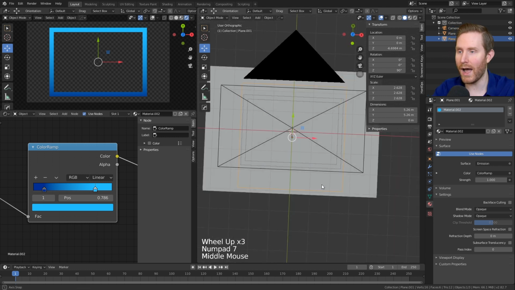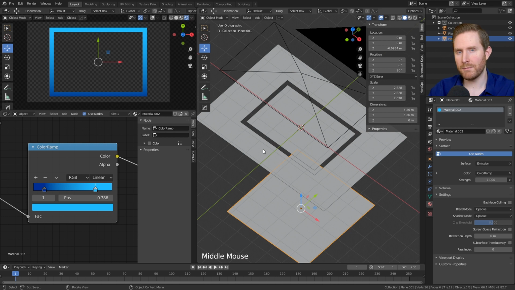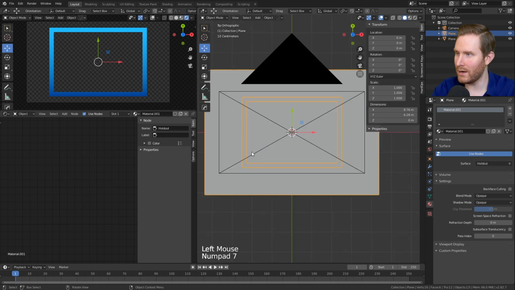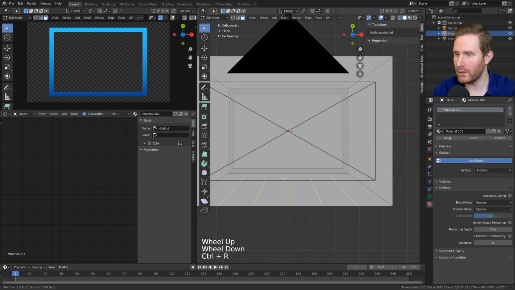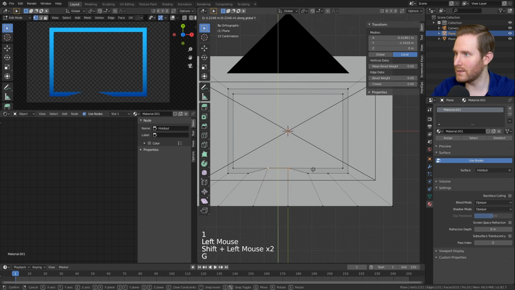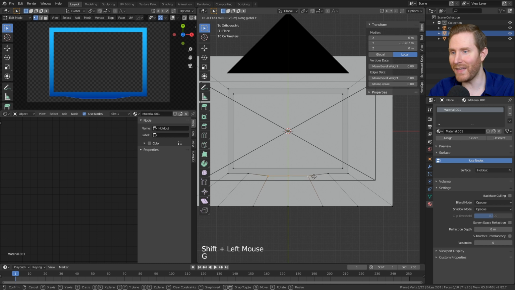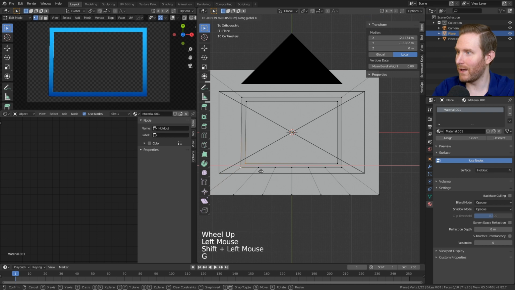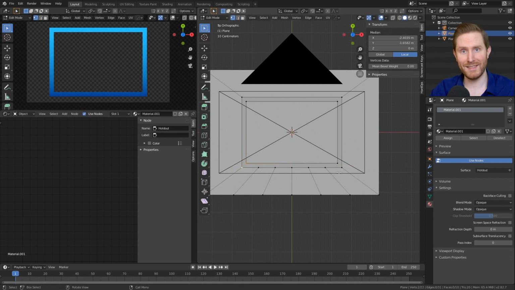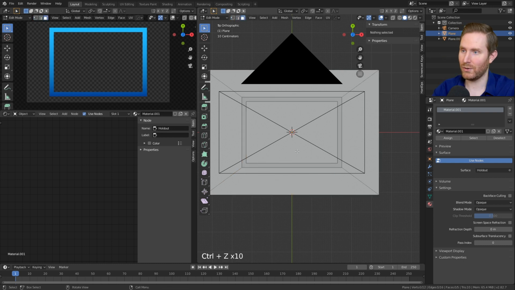So we want to add an outline, which before we add the outline, quick side note here: if you want yours to be a different shape than a rectangle, using the techniques we used in the previous tutorial, you can just add a bunch of edge loops to this and make the cutout whatever shape you want. So that's just a brief side note. You don't have to change the shape if you like the rectangle shape, but honestly, you can make this overlay any shape you want, and it'll work exactly the same. So I'm going to undo all of these edge loops, but